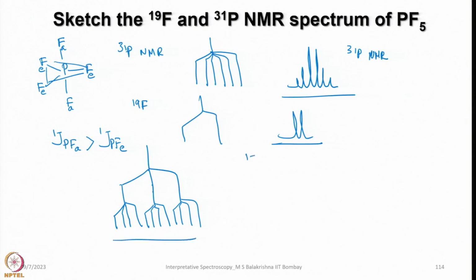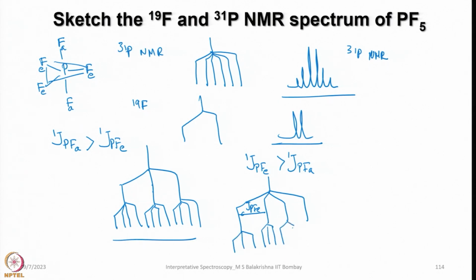On the other hand, if 1J PF equatorial is greater than 1J PF axial, first it splits into a quartet, and then each one will be split into a triplet here because of 2 axial ones. And this one is J PF E, and now each one will be split into a triplet. So this coupling will be here, axial. In this case, it appears like